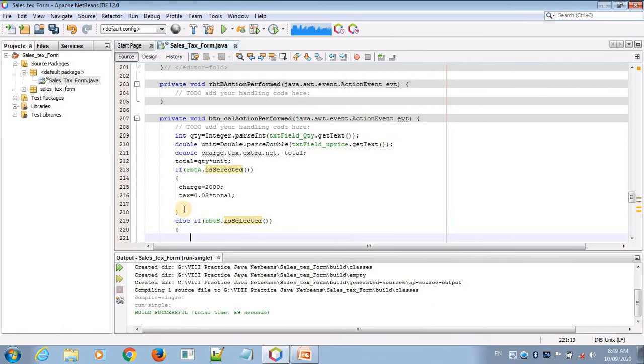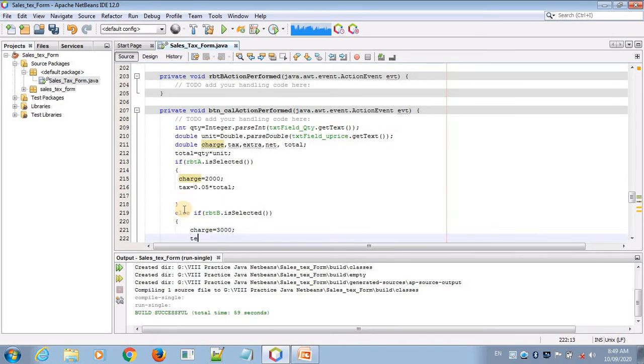And what are the charges for B? Charge equal to 3000, and find out the percentage from the total. Tax equal to 0.07 into the total. Okay, so this is our charges.